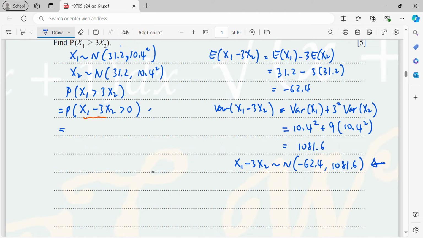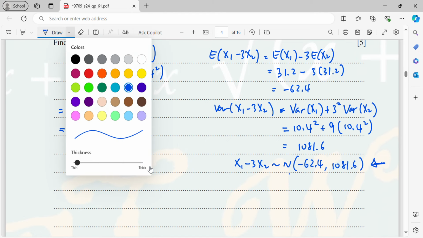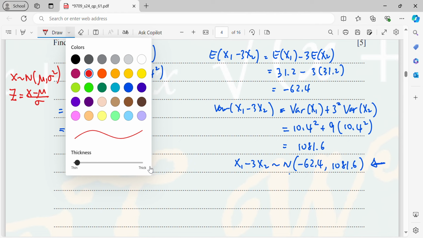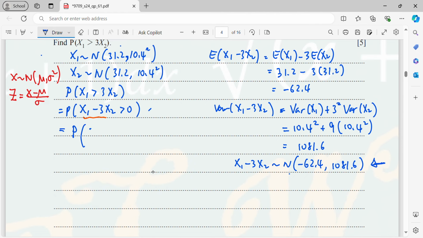So since this is normally distributed, that means I will standardize it. Just for information, if your x is normally distributed with mean mu and variance sigma squared, when we standardize, that is a z, then it is x minus mu over sigma, which means now here I will write P(Z greater than 0 minus the mean over square root of variance), because you divide by standard deviation. Standard deviation is square root of variance. Then here is going to be